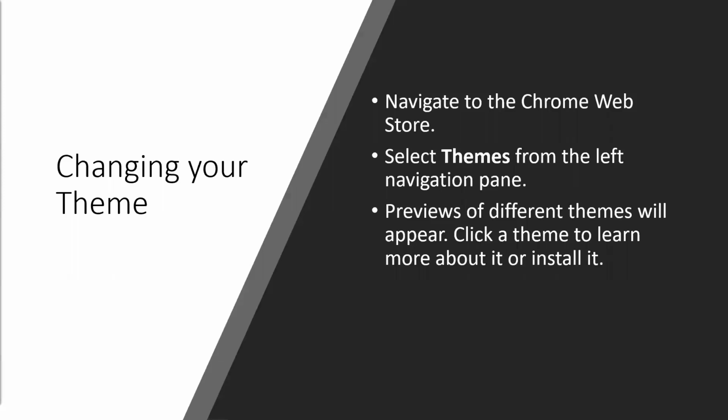Similarly with your themes, you're going to be starting at the Chrome Web Store and select Themes from the left navigation pane. And you'll see a bunch of previews of different themes that you can install or learn more about. And adding a theme is really, really simple, but it will change the look of your Chrome browser. There's really no harm in trying one out. Just make sure that when you add one, that you can see what's written on your tabs clearly in whatever theme you decide to use. Sometimes it makes it really hard to read,